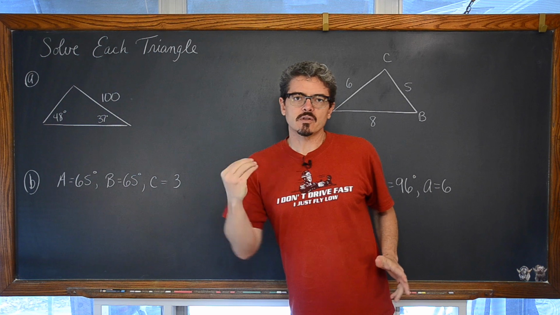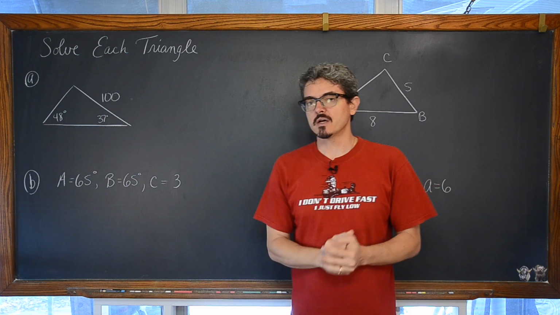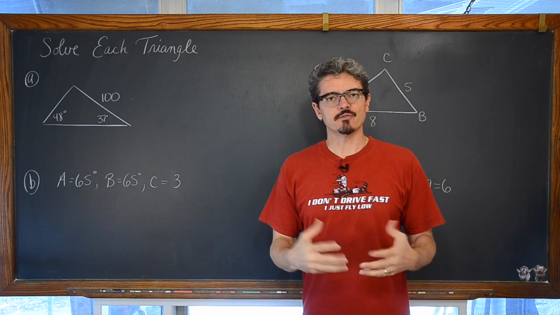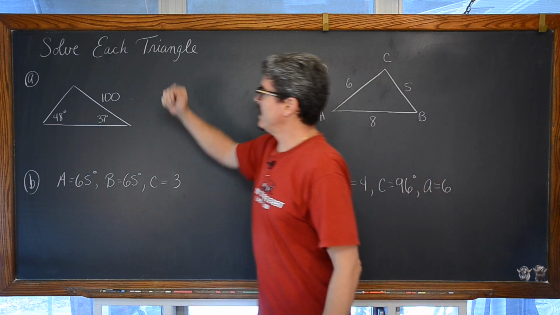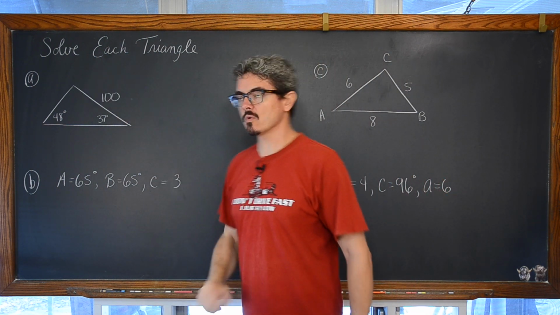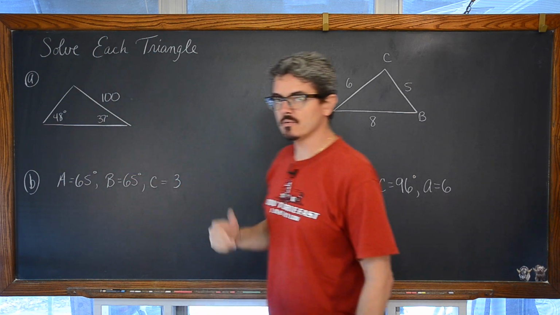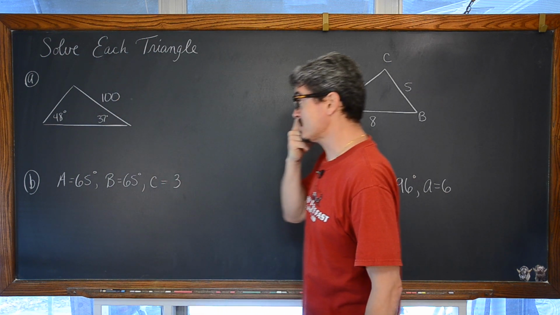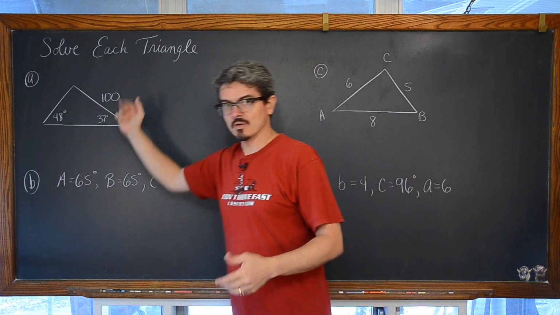So first things first. Instead of introducing the law of sine and law of cosine to you separately, and we're going to do law of sine today, not the ambiguous case, I first want to talk about the difference. When do you know which rule to apply? So here we have part A, which we're going to be solving in a few minutes. This oblique triangle, a non-right triangle, has an angle of 48, 37 degrees, and finally another side, which is 100 units of some measure.